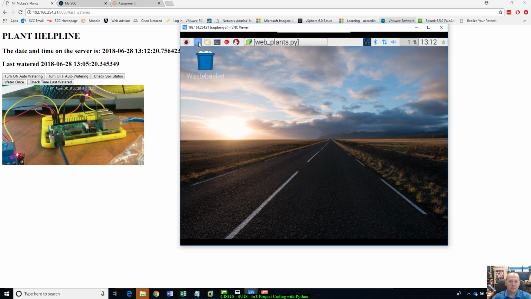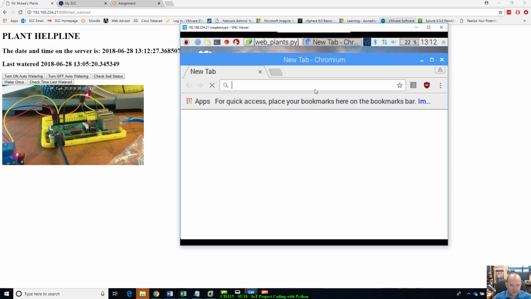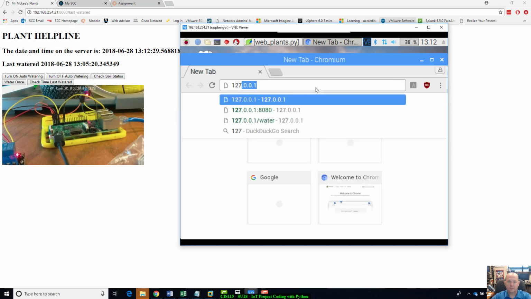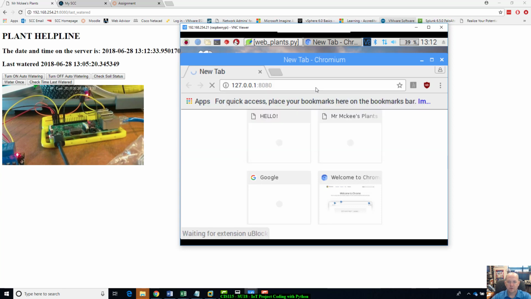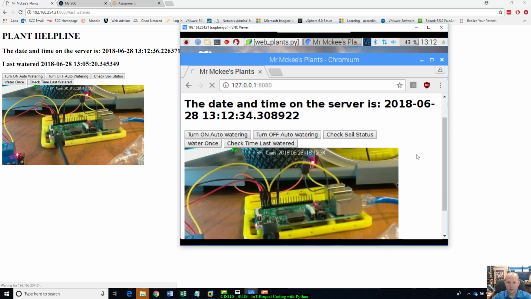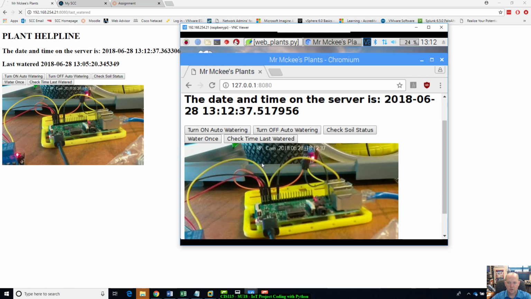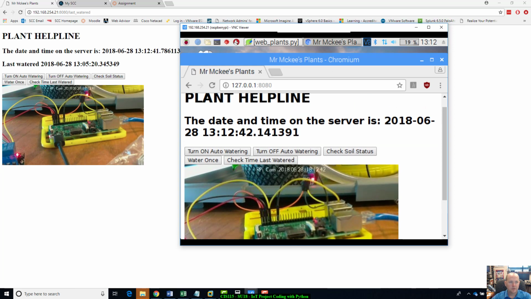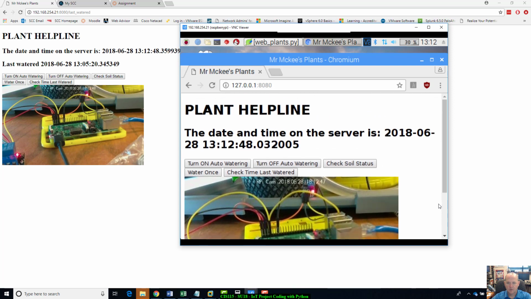And what I could do, let me bring up this browser. I'm going to say this works, but I've been messing around with stuff so much, I don't know. All right, there you go. So this is actually running on the actual computer with the cam. This computer, I'm remoted into it over the internet. So that's a good